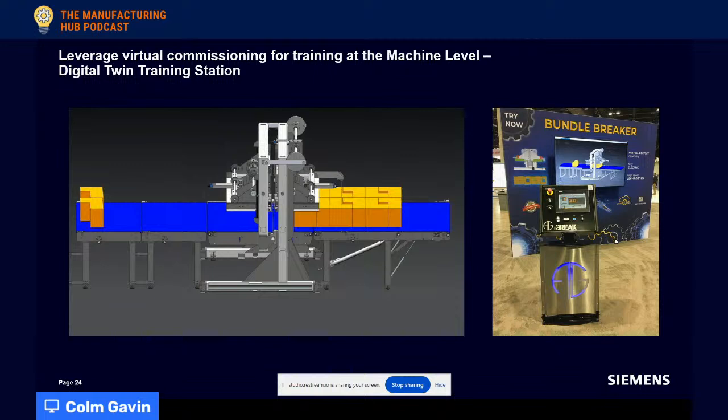So what is the setup? How do you home it? How do you calibrate the machine to make sure that the next product running through will actually run? So there was a training scenario set up there, but then also sales and marketing. They brought this to a trade show without bringing the real machine, and found it an effective way to help promote what the machine is doing. So customers could test drive their product on the machine before they tried it. So those are just some use cases that I wanted to share.